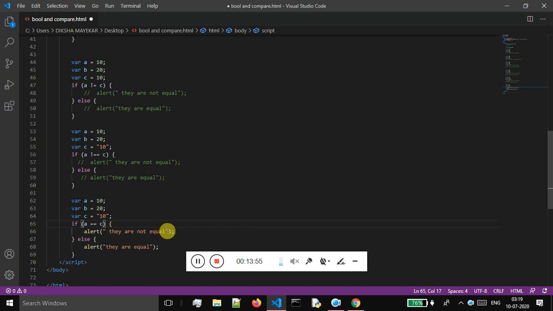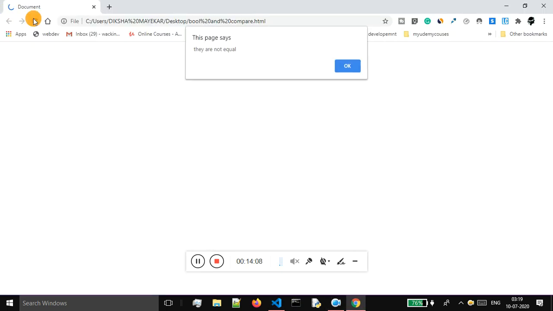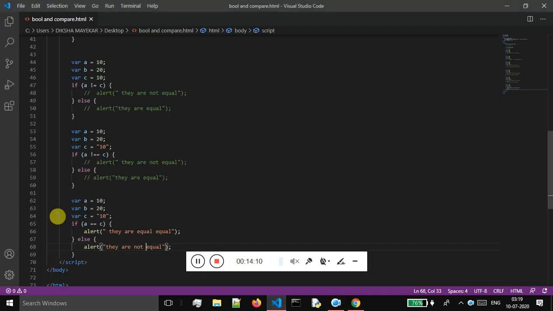they are equal. Okay, they are equal. I should be getting this as output. I will come over here and refresh. They are equal because a and c are equal, but if I'm giving this triple equal sign, then this will say they are